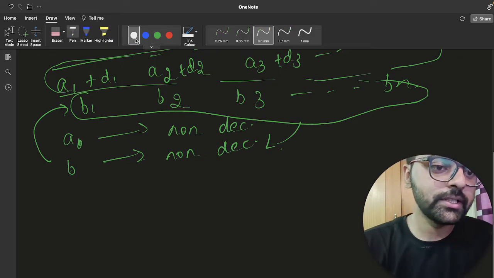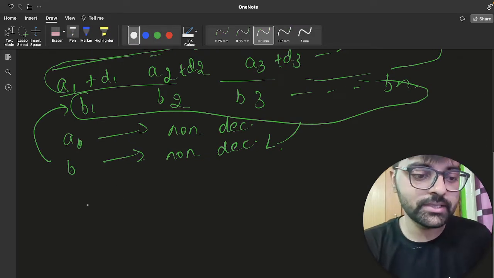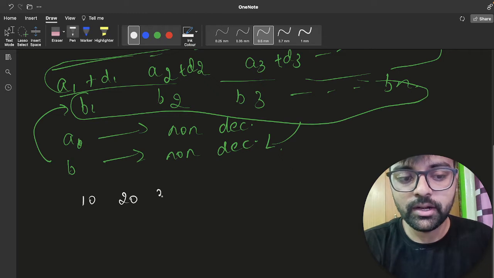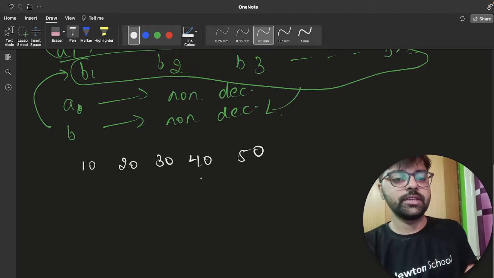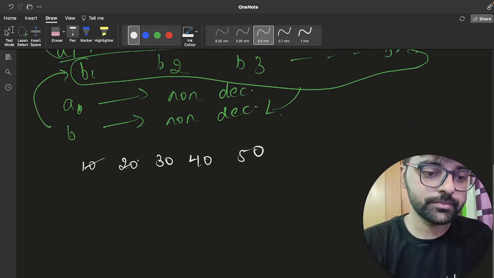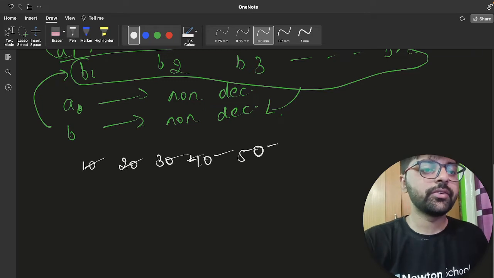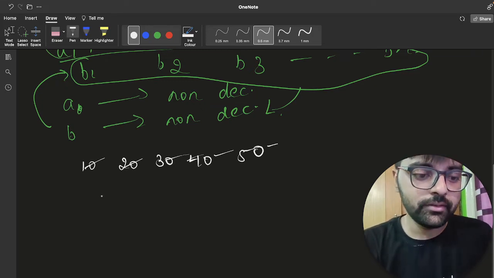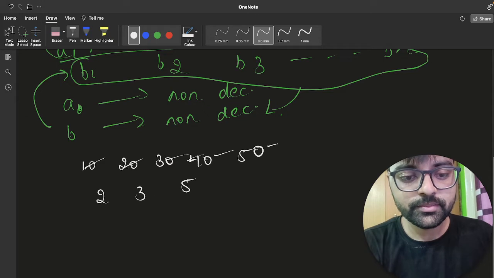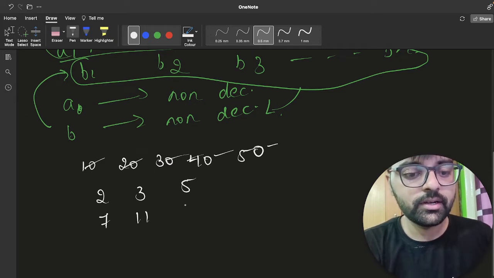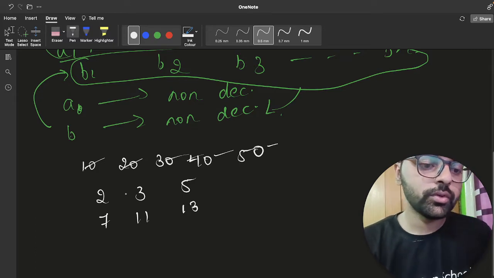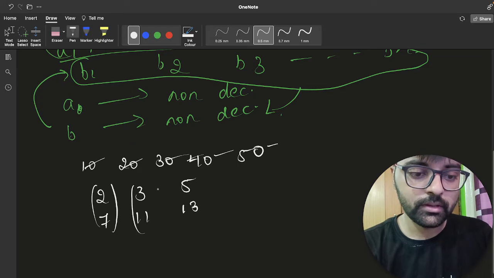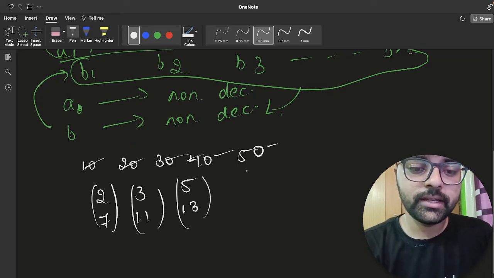So I would like to explain this problem with the help of an example. Let's first discuss the given example. Let's say our first example is a equals 2, 3, 5 and b equals 7, 11, 13. Our A array was 2, 3, 5, but what can our B array be?